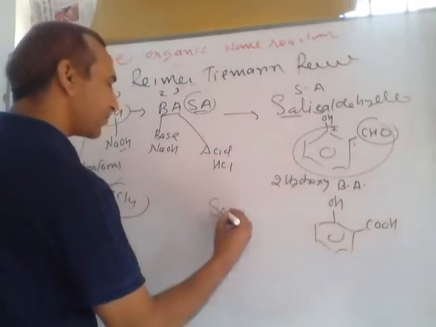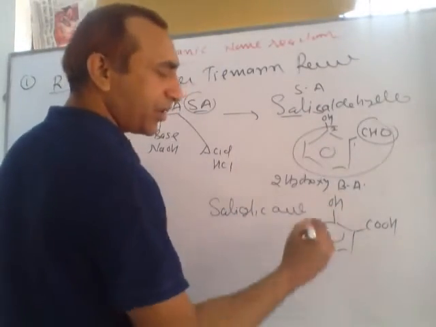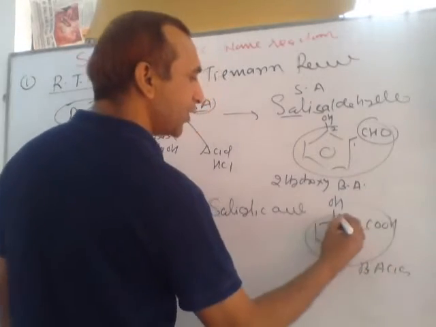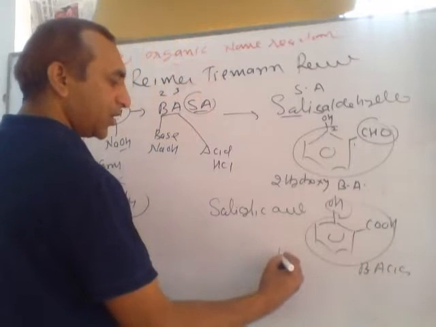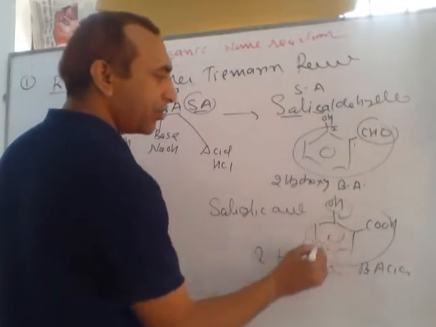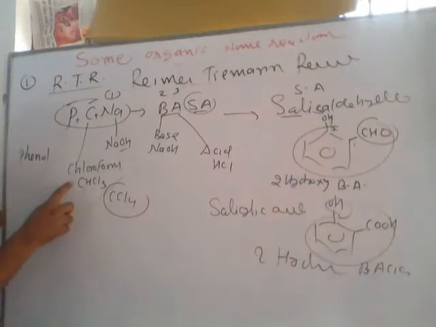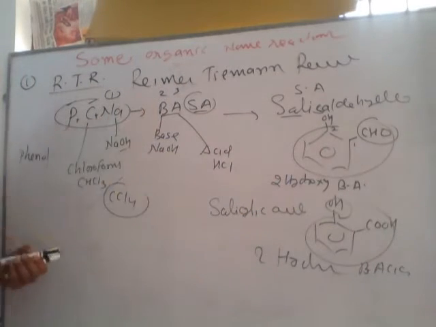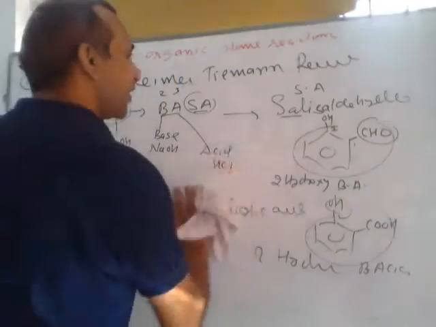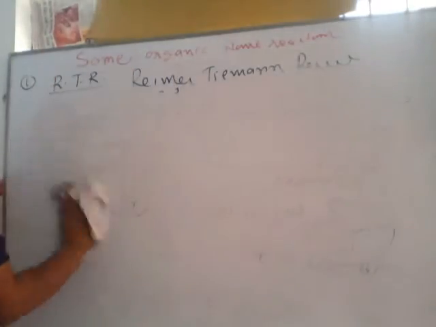This acid is called salicylic acid. Salicylic acid, this compound, you can say its other name. This is benzoic acid, and in benzoic acid on the second position OH, we can also say this is 2-hydroxy benzoic acid. This is 2-hydroxy benzyl aldehyde, this is 2-hydroxy benzoic acid. So both compounds will form on the basis of this, otherwise this. Both reactions are called Riemann-Tiemann reaction. So ready for writing the reaction, and remember the trick to remember Riemann-Tiemann reaction.